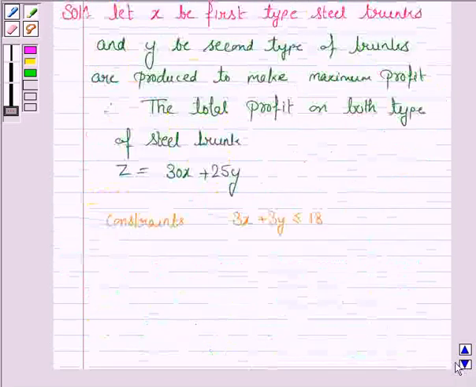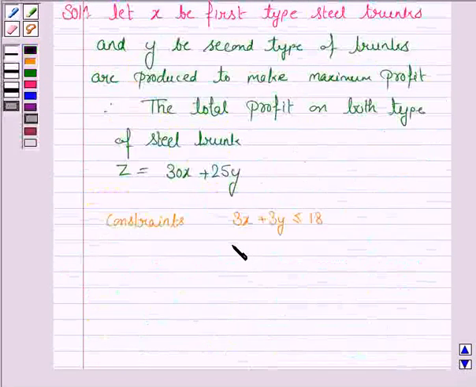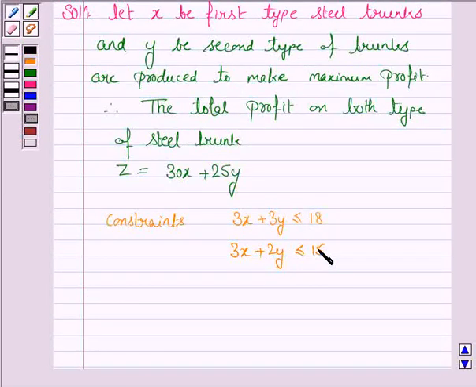So the second constraint is 3x plus 2y less than or equal to 15. Now we have to maximize Z equal to 30x plus 25y subject to the constraints